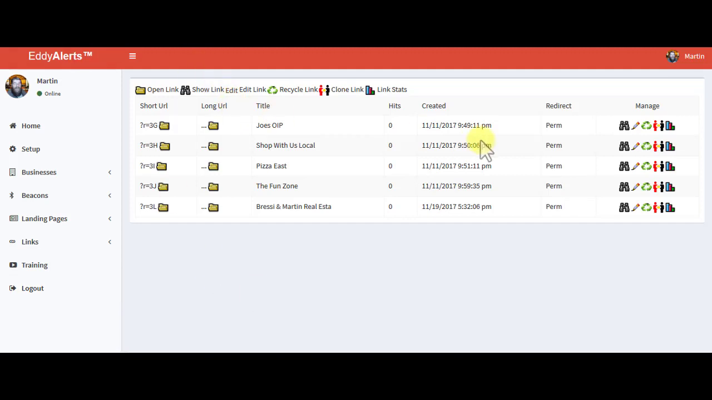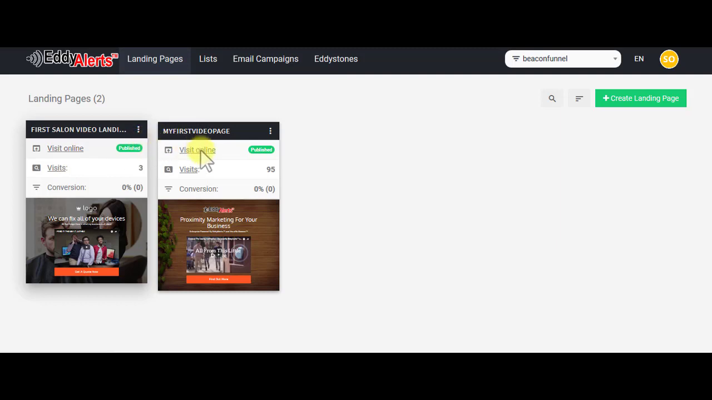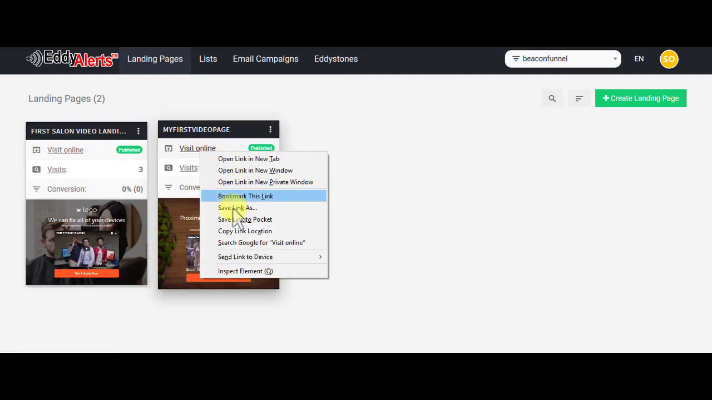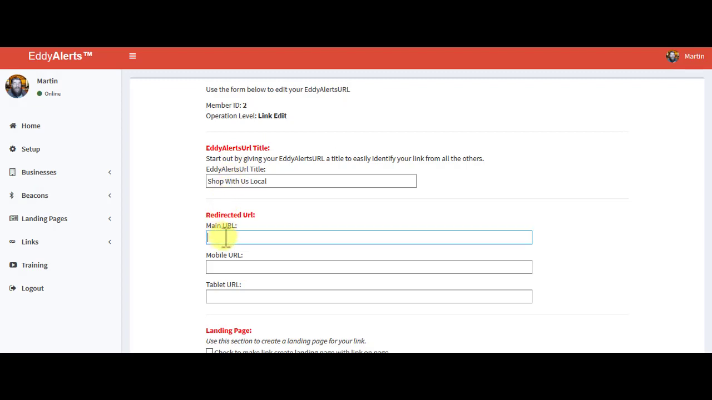Now all you have to do is go over here, click on the edit button, the little pencil, and you can bring up the Eddystone URL. You just come over here in the other place where your landing pages are, and you click and copy that link from one of your landing pages. And you can go back over here, and right here where it says main URL, you can paste that link